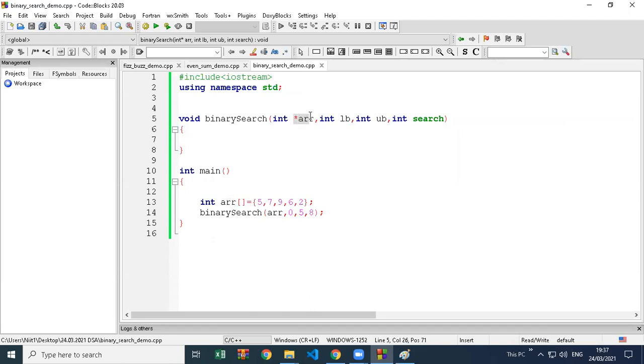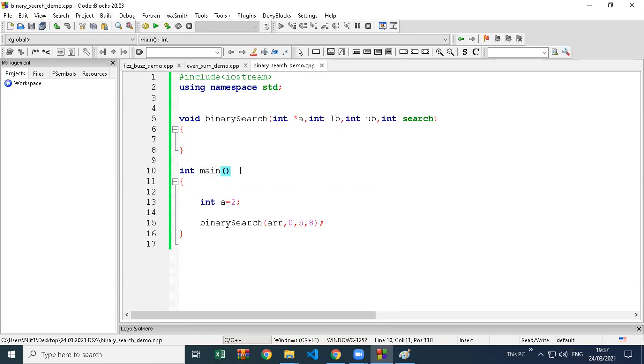So this pointer, in C++, a pointer array or pointer variable is nothing but just a copy. Just to give a simple example, without an array: you have one variable here, a. The main function has a variable a, its value is 2.